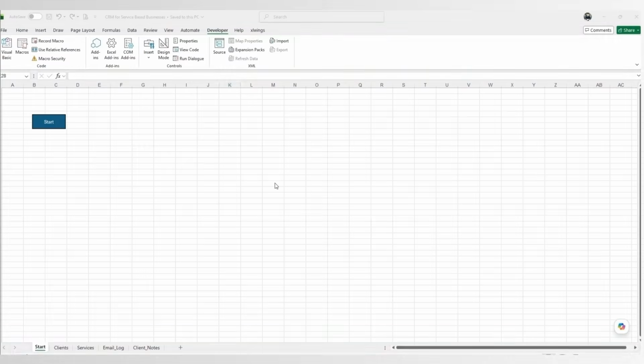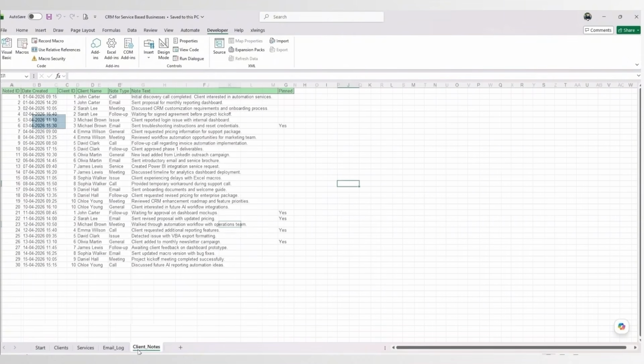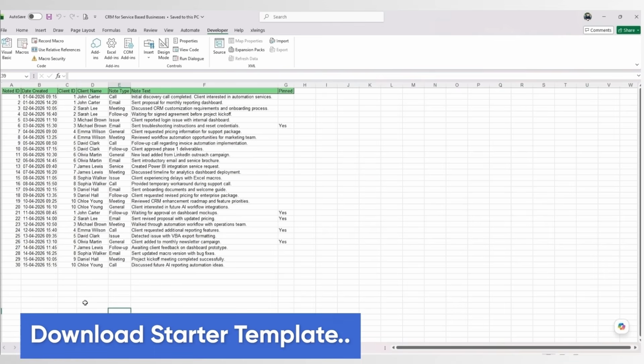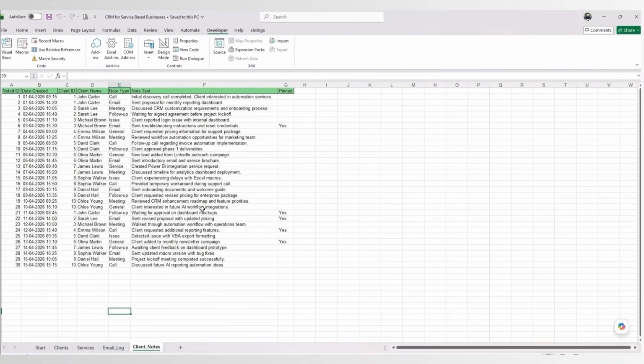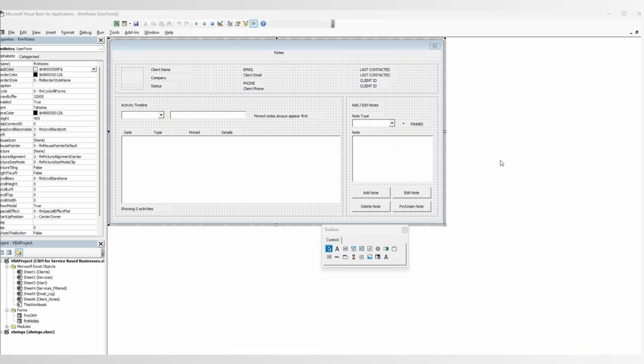Before jumping into the code, it's also important that you have made a new sheet down here, client notes, with these columns. You can download the new starter template where you have all the sheets inside if you don't want to create it yourself. A small quick upgrade we need here is actually, let's have a clear note button, because the thing